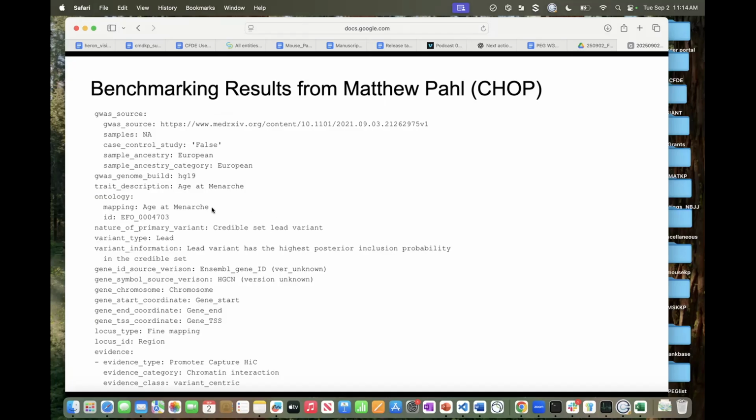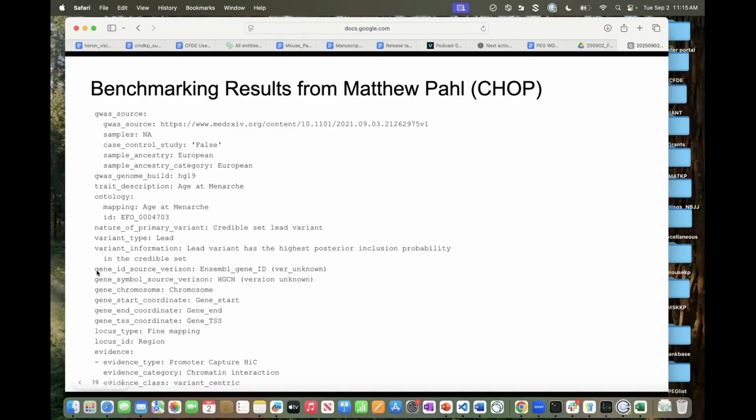He noted in his sample YAML file that these were individuals of European ancestry, and then noted information about the nature of the primary variants as credible set lead variant, and additional information for each level of evidence that we required here.